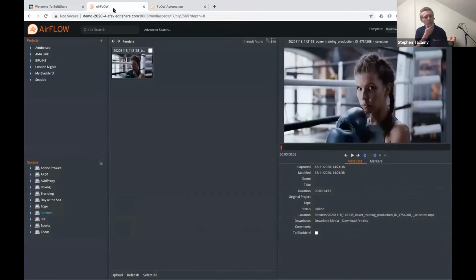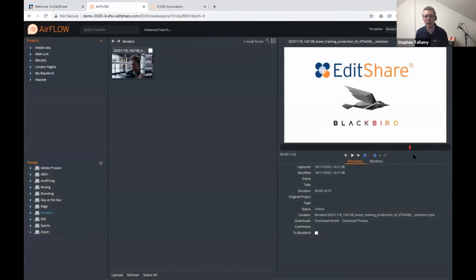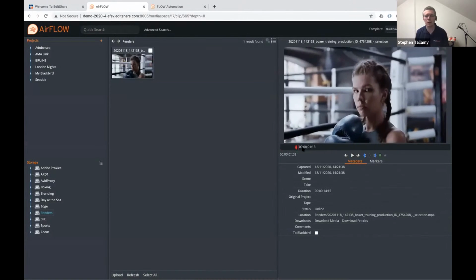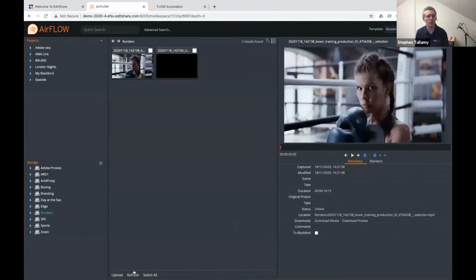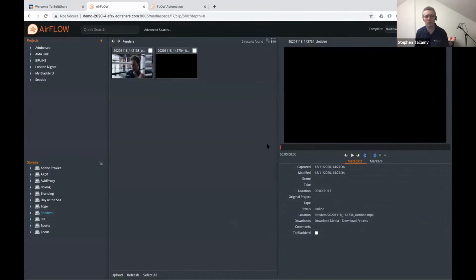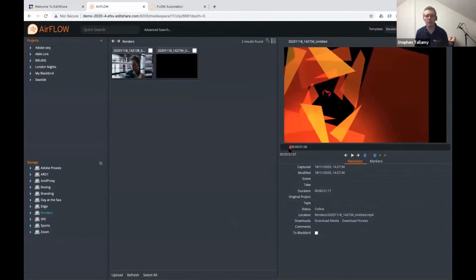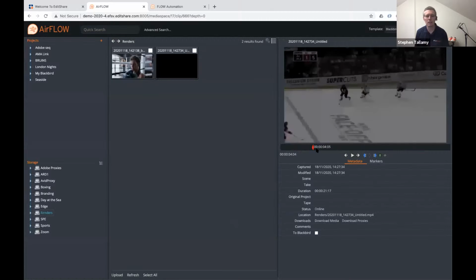So if we go over here, we've got that space here. We've got the original material. So this was the branded edit that we had. So that was the really quick one. So you can see we've got that little branded edit just on the end of it, quick in and out, and a quick adding of that brand. And if I do a refresh, let's hope that the other content has arrived. There it is. And so this is that much more detailed edit now checked into Flow.